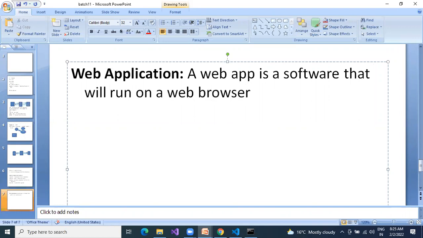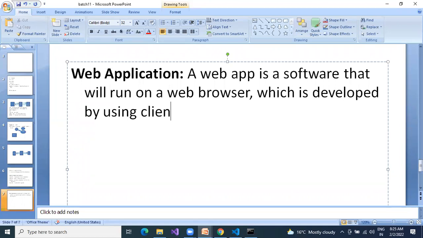So a web application will always run on a web browser, which is developed by using client technologies.